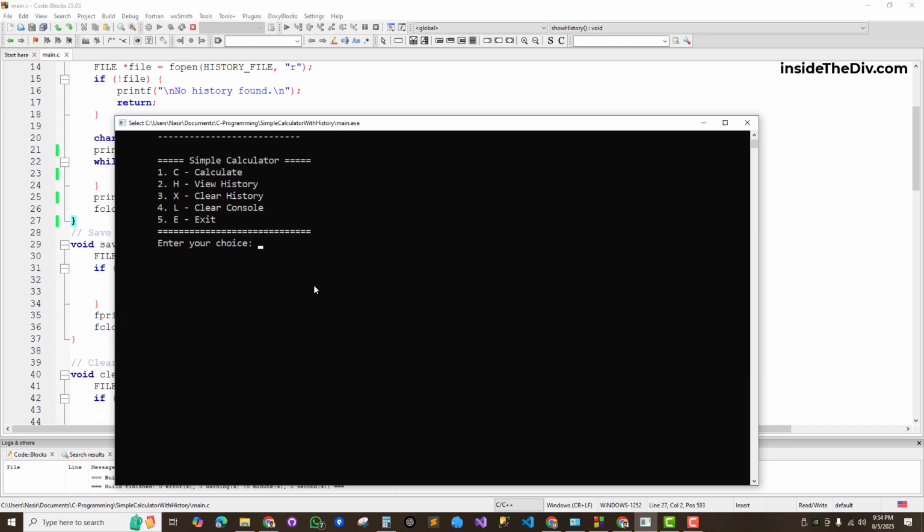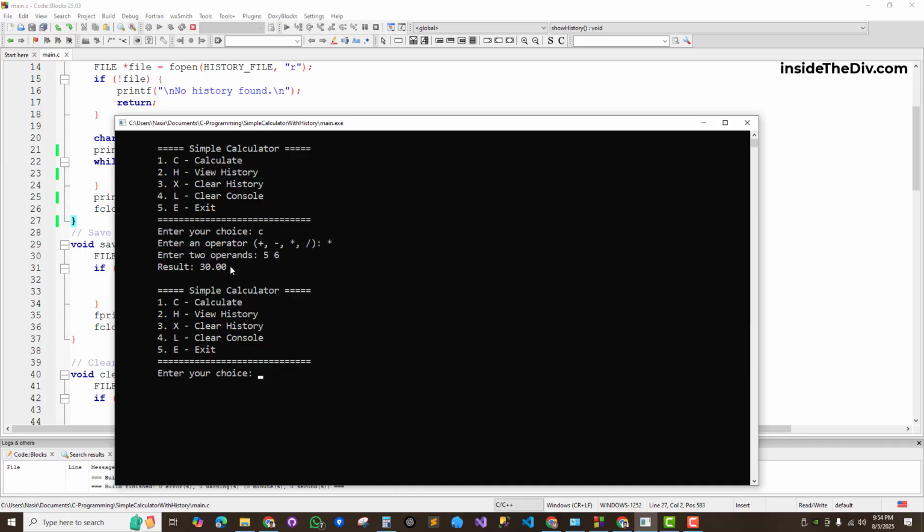So let's clear the console. By pressing L we can clear the console. Now let's try to calculate something. Yeah, now let's do multiplication and enter 5 and 6. Yeah, answer is 30. So as per the project behavior, now we should